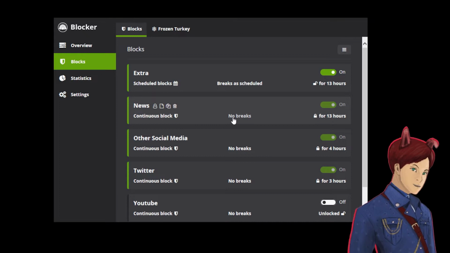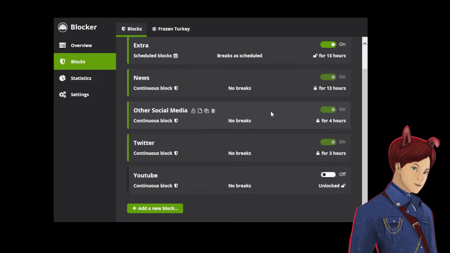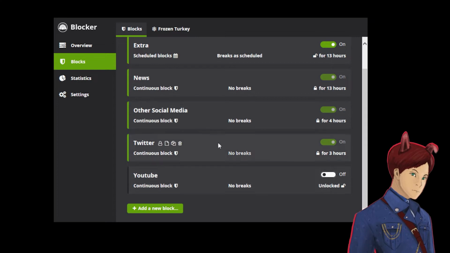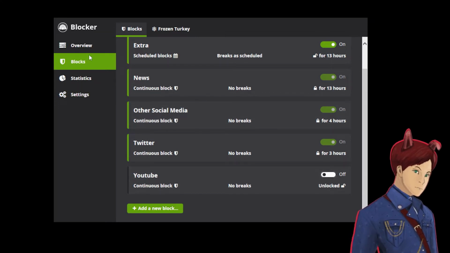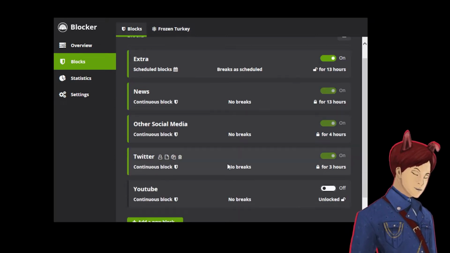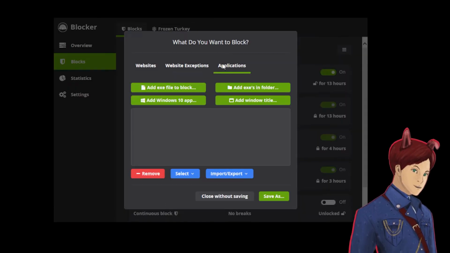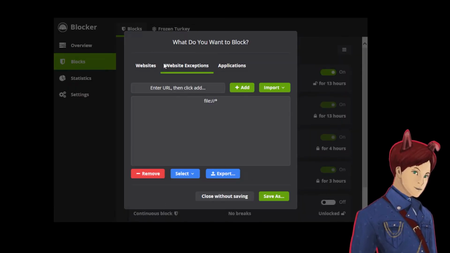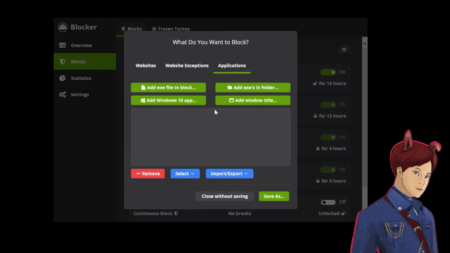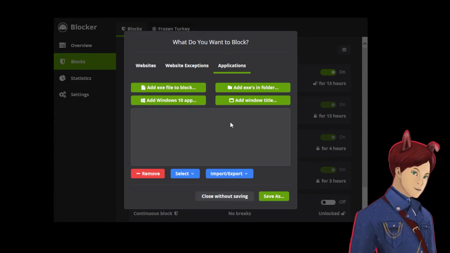I shouldn't be using my computer to just mindlessly look at news every day for too long a period of time. So we have Twitter, YouTube, other social media, etc. So this is how you can block things. And if you go over here, this is where you can totally block yourself from your computer. But usually that's not what we are looking for. So usually if you go into here, you have applications, you have exemptions instead of the actual websites. You can do the opposite way. So basically, yeah, you can add the app, you can add the file like the game to block for that amount of time, and they won't let you access it.